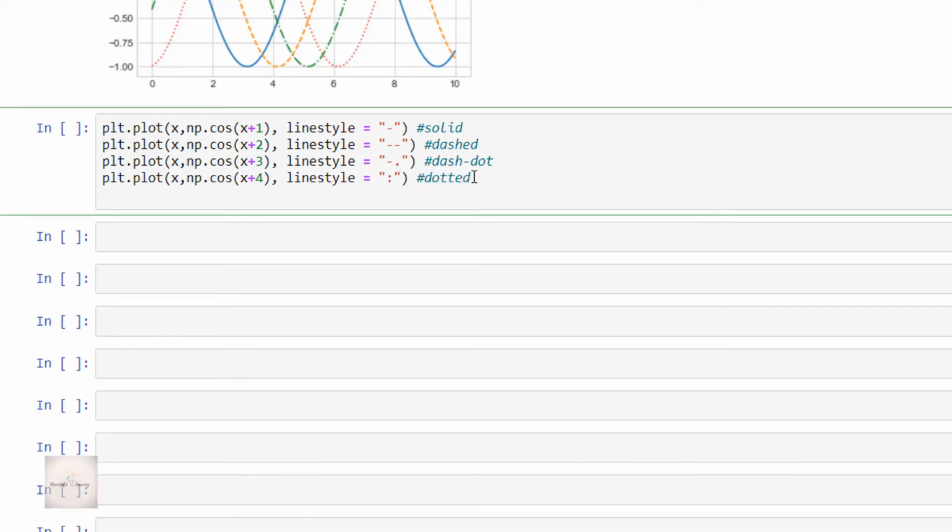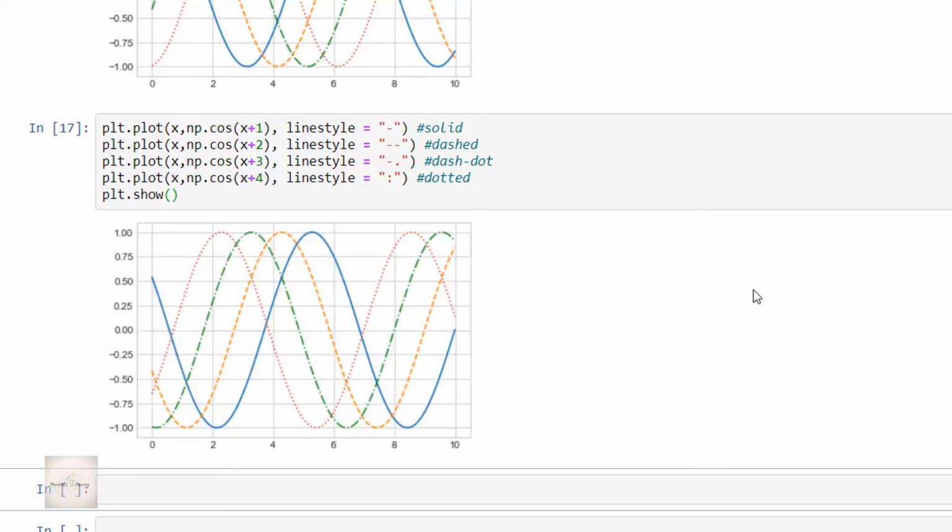So for the dotted wave I am using a colon. Let me now execute this code. See, we just got the same output. So guys, these were some examples of various line styles.